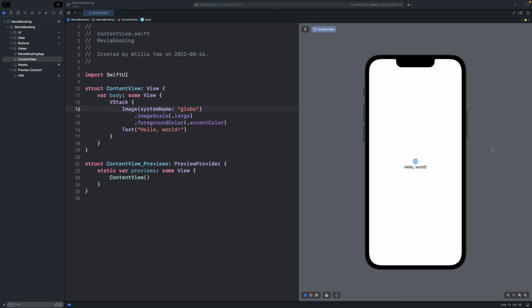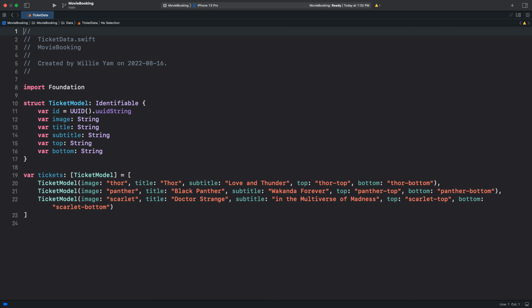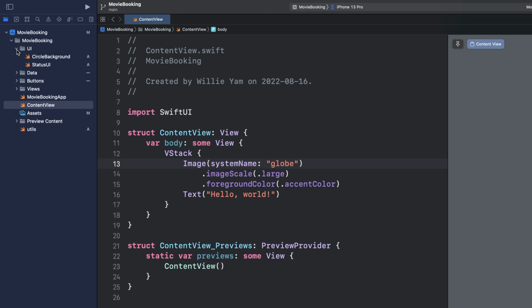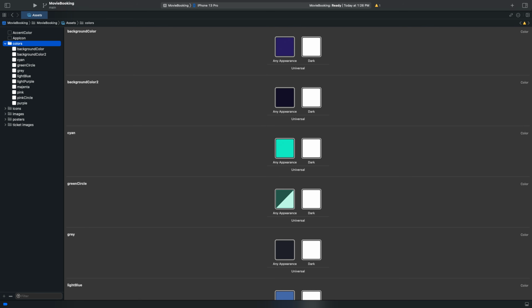Let's look at the template. The template has multiple folders. It contains pre-made components and data files. So here you see that we have UI, data, buttons, but also on the assets folder, I put all the